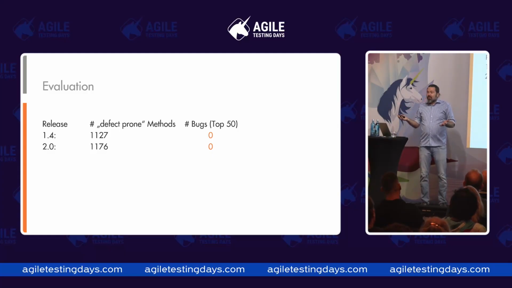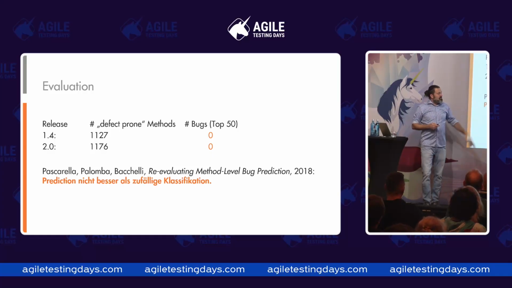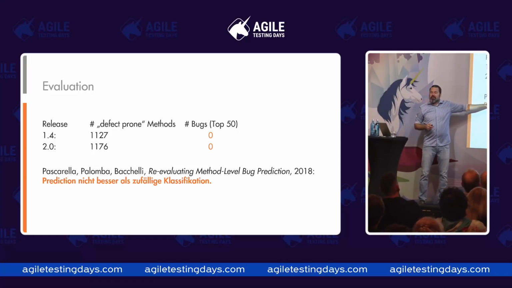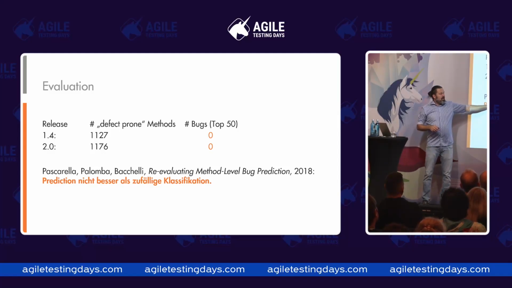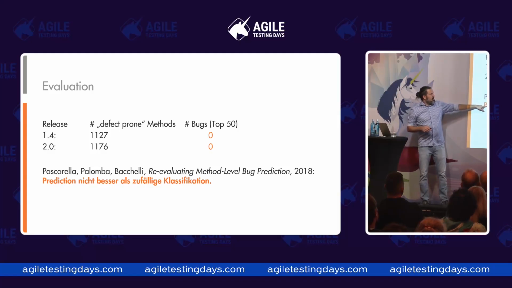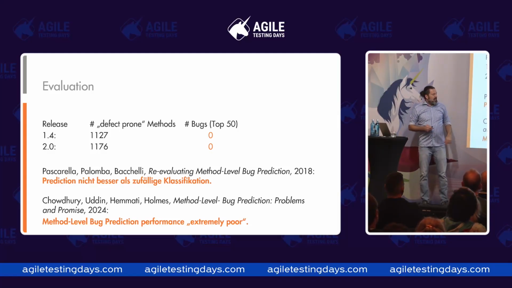Does it not work? Or were we simply too stupid? It's a valid interpretation as well. And to our defense, there's other scientists who have done the same thing. Bacchelli and his colleagues showed that defect prediction is not better than random classification. And this year,